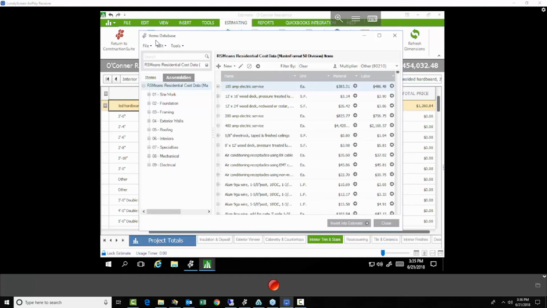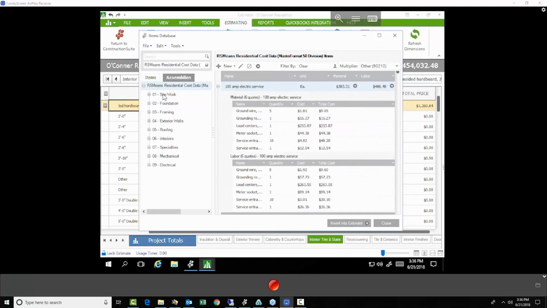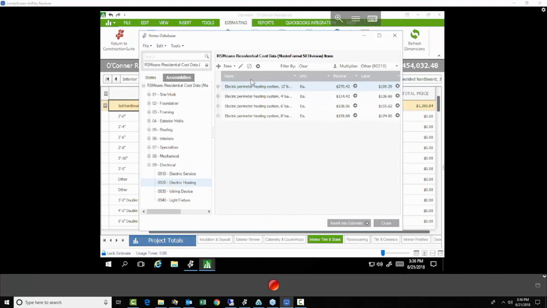And then to do that, all you'll need to do is click on the area that you're going to be doing a little bit of work. Let's say in this case we're going to go with electrical. So we can expand out the electrical. Let's actually go into the electrical section here, if you don't mind. Sure. And so let's say that we're going to go with electrical heating or electric heating. So here we have a couple of different heating systems available,